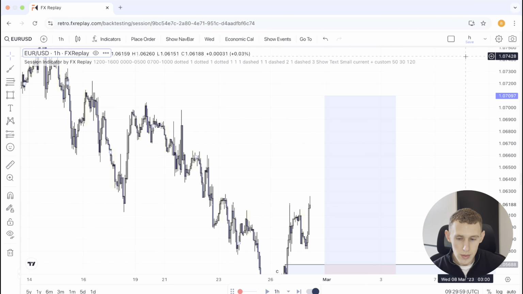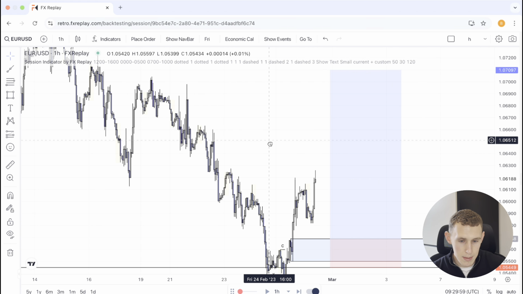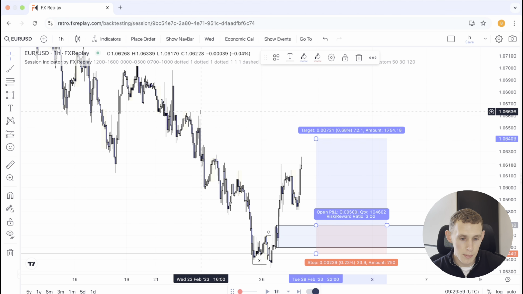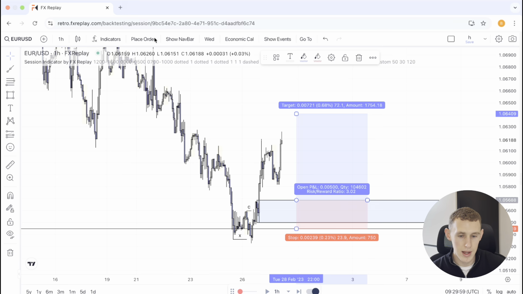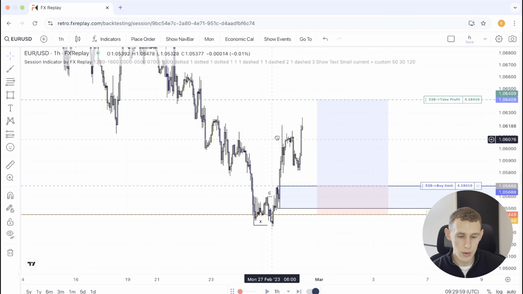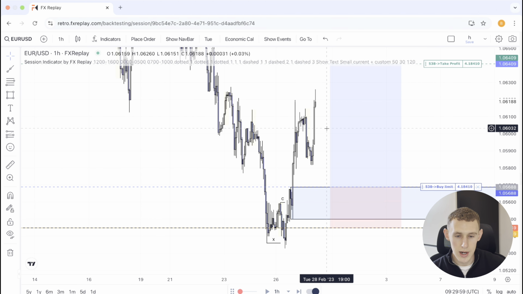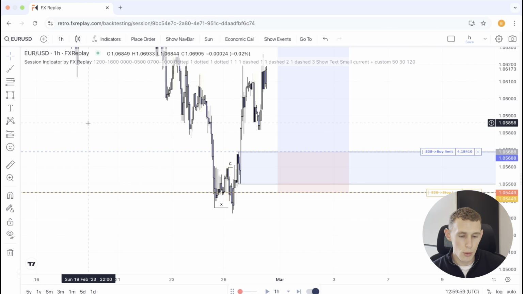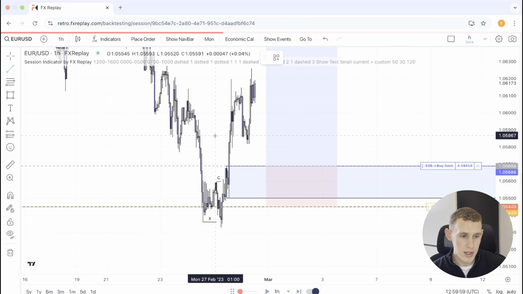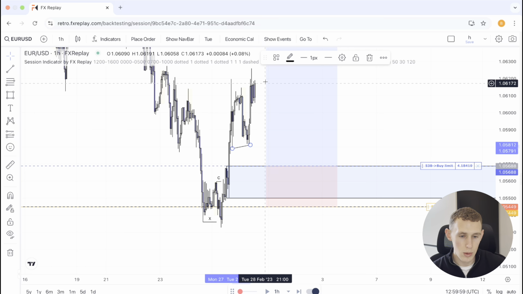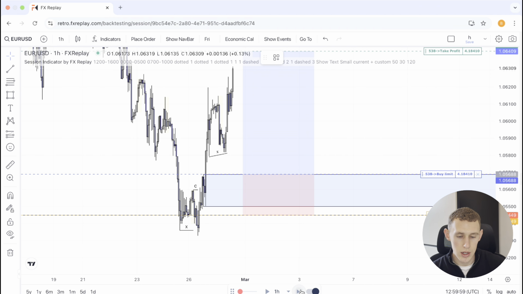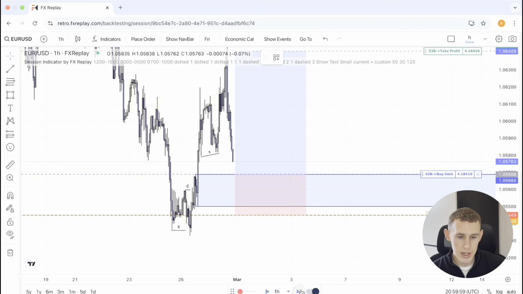But if we have a look where it could maybe react from, we can maybe anticipate it reacting from this hourly supply to the left. So that's where I'm going to target. Just a small 1 to 3. Nothing too crazy, but decent risk to reward nevertheless. And the thought process behind this is that on the hourly, we broke structure, created some equal lows above this area of demand, which was left imbalanced. So if price can push down into this level,